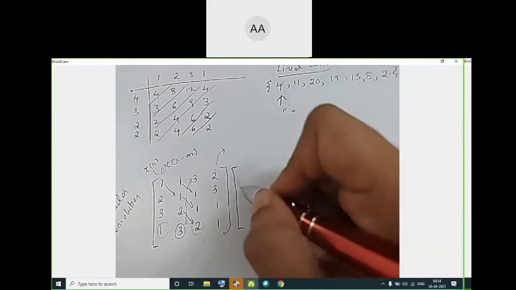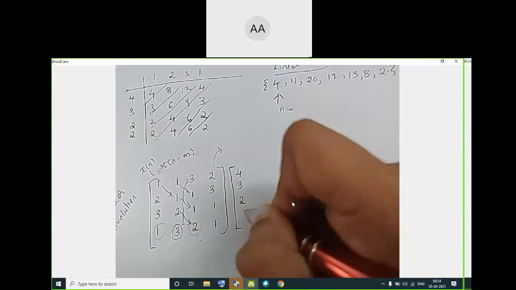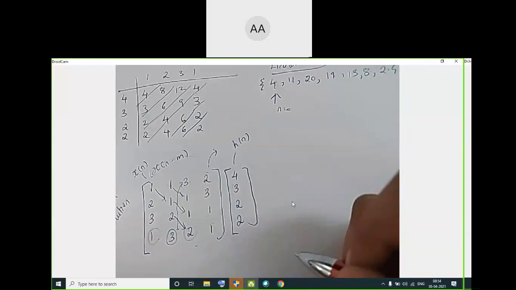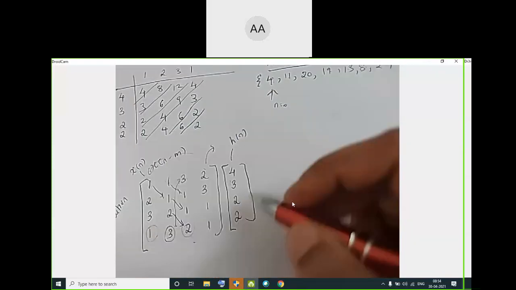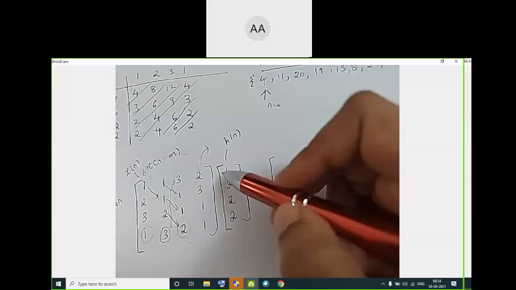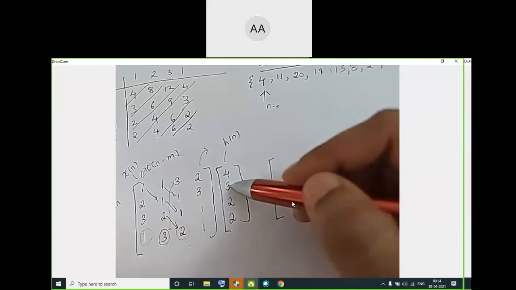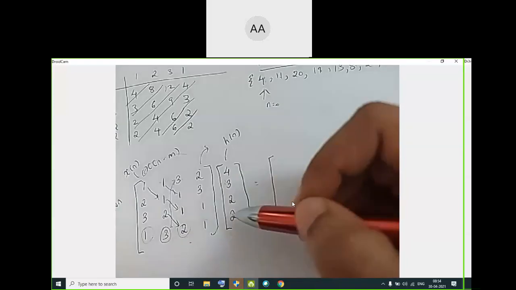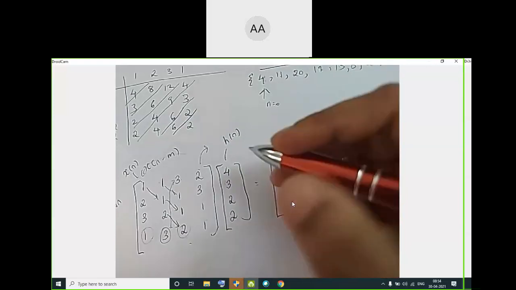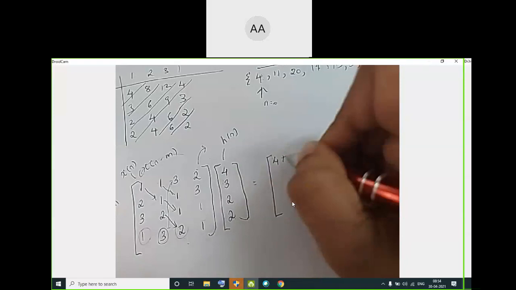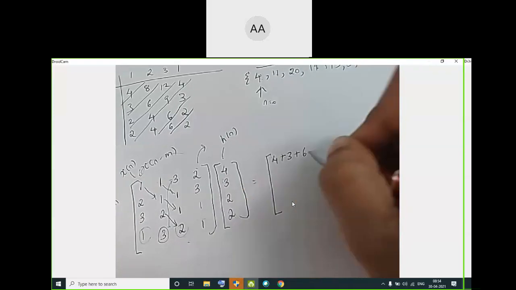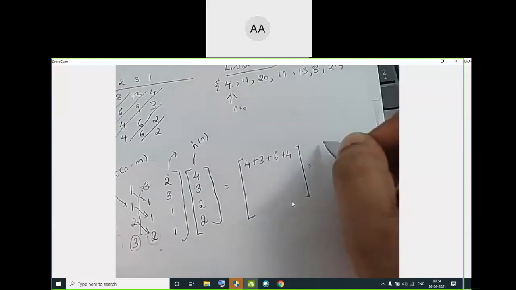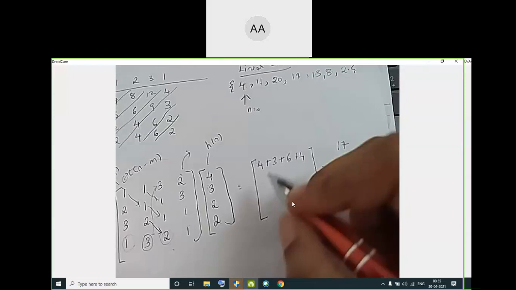Okay. So next, have this 4, 3, 2, 2, which is your h of n. This is h of n. Now multiply this row wise, column wise. Multiply and tell me what you will get. 4 into 1, 4, plus 3. 3 into 2, 6. 2 into 2, 4. So what is it? 4 plus 3 plus 6 plus 4. Okay, so what is the answer you get? You get 17. So next one, you tell me similarly.